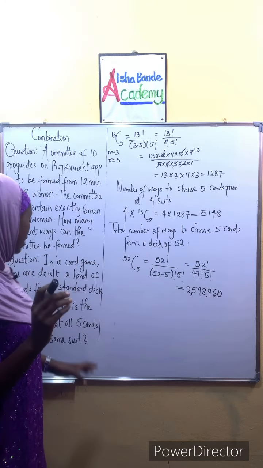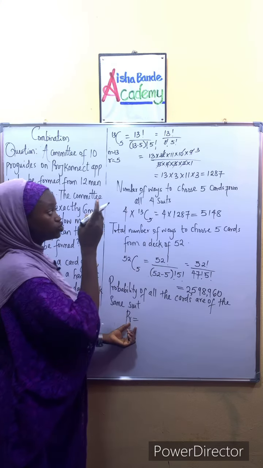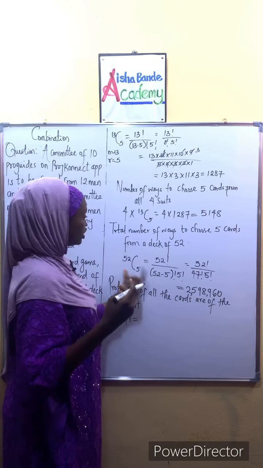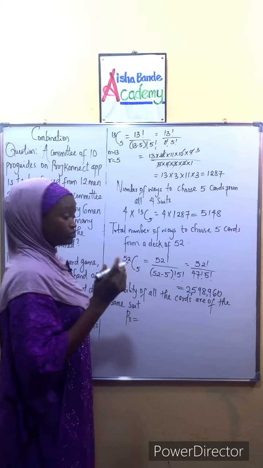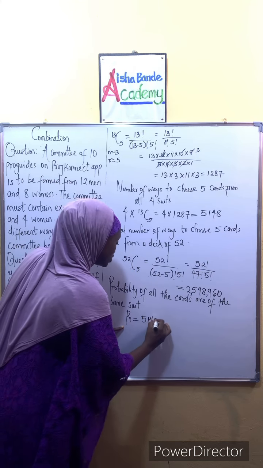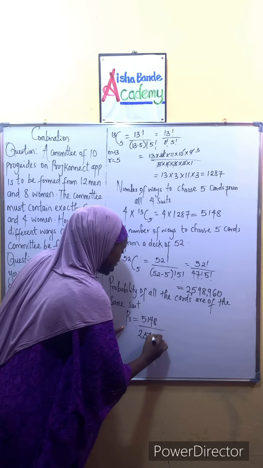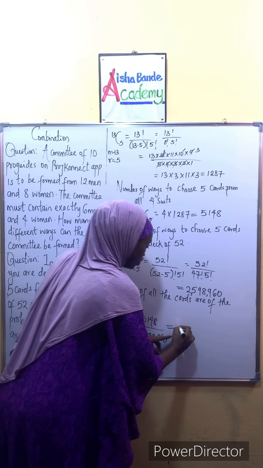The last step is for us to now calculate the probability of all the 5 cards being of the same suit. The probability is going to be the number of ways to choose 5 cards from all the 4 suits, divided by the value we got for the total number of ways to choose 5 cards from all the 52. So this is going to be 5148 divided by 2,598,960, and this gives a value of